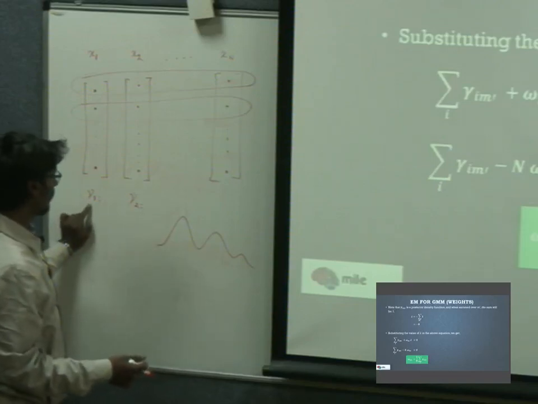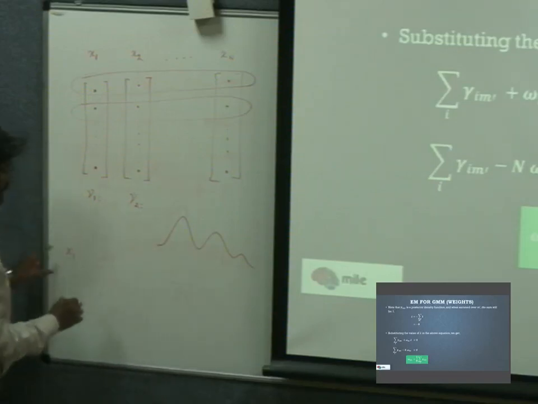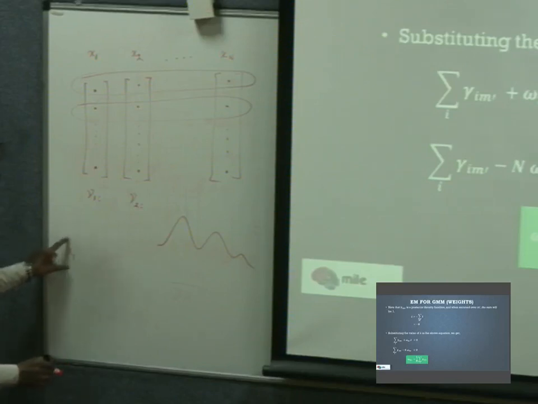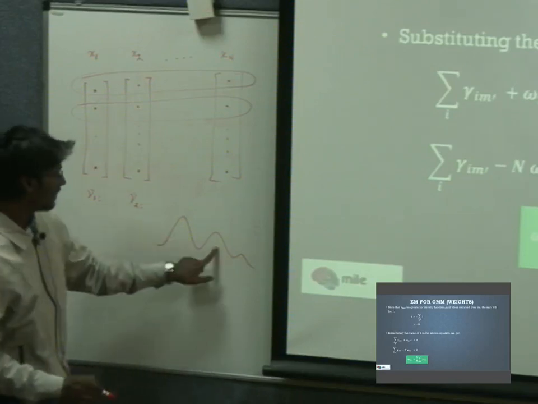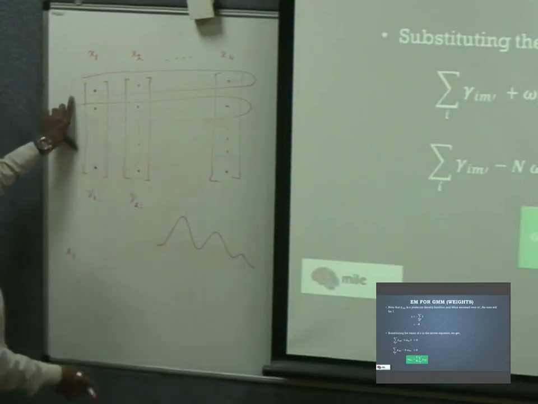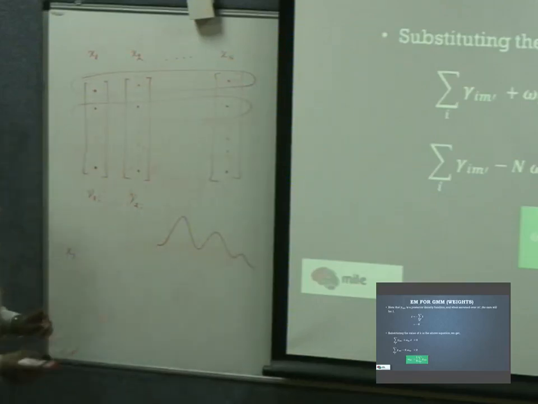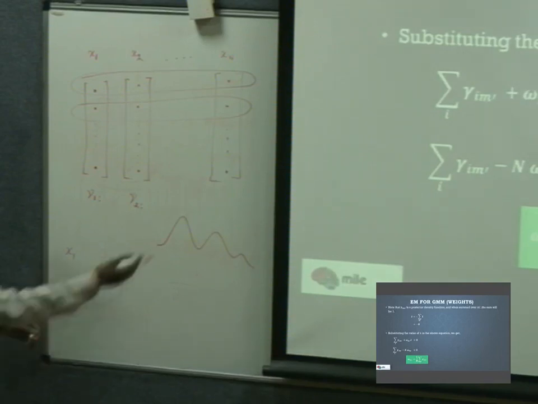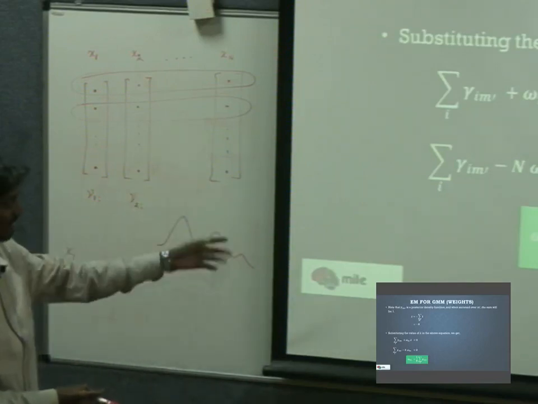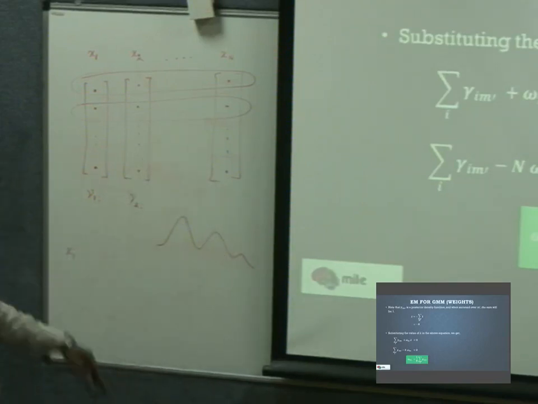Gamma 1 is the first sample which you have. It is the probability that it is coming from this mixture and this mixture, stacked in a column. That is gamma 1. You are summing up this entire thing. This summation may be greater than 1, obviously, so you have to normalize it. You can do this in a formal way like this, or you can get to know it intuitively. Okay, so this is the easiest part in the entire M step.